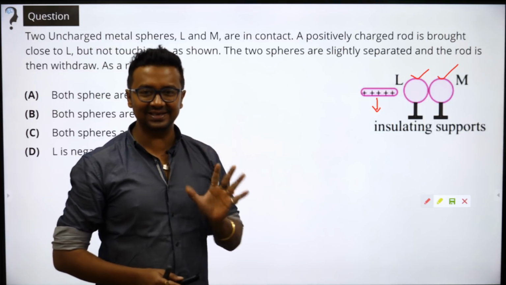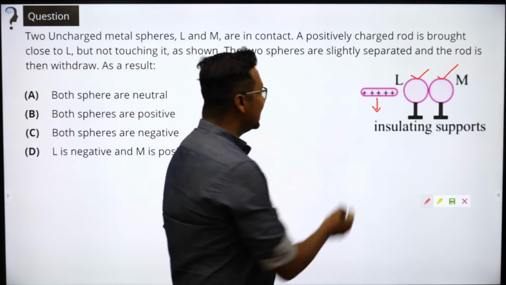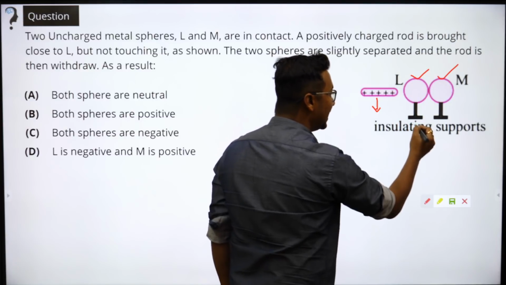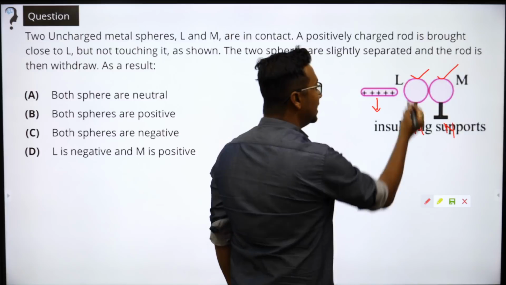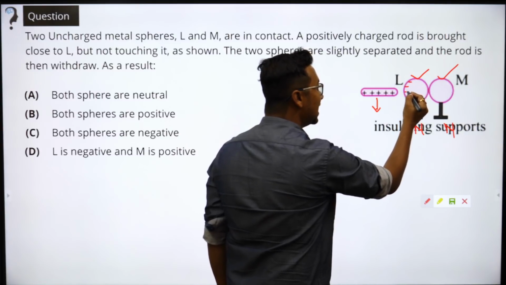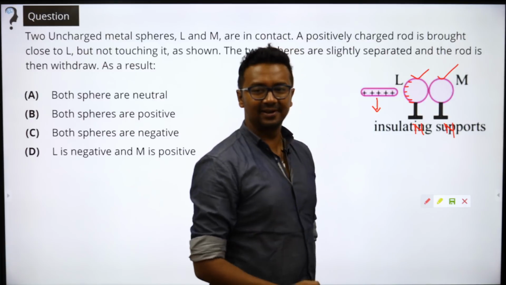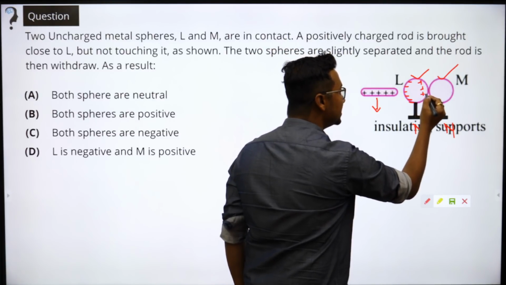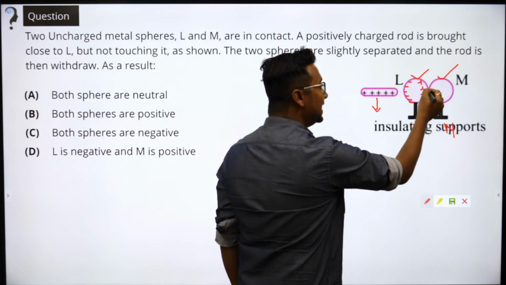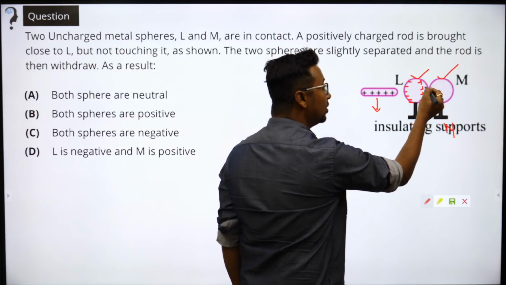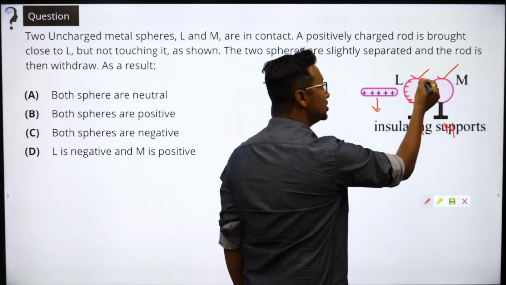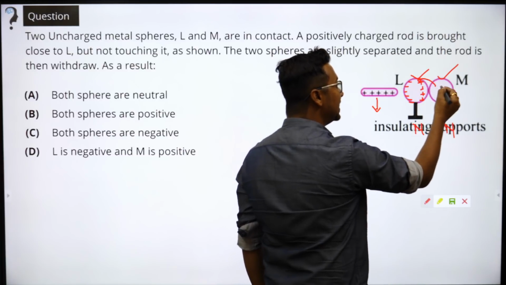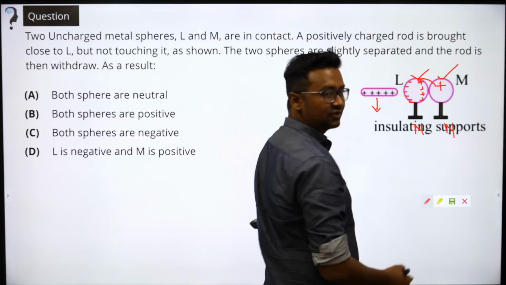Now let us look at the concept. It is a simple thing: this rod is positively charged, and this sphere is neutral right now. All the negative charges are going to be attracted here. Clear? As a result, this will have positive charges here. Now since it is touching it, in order to neutralize this positive charge, electrons will come here. All right, if electrons are jumping out of this, this is going to get a positive charge.